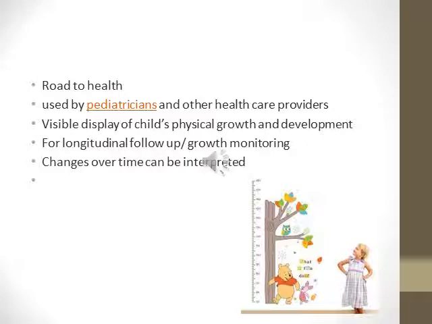If the child is growing well, or if the child is static, not gaining any weight and not gaining any height, or there is a decline in weight. Height cannot decline, but there can be a decline in the weight of the child, which tells us about many problems, like malnutrition, genetic problems, or malabsorption. So there are many things which can be interpreted from the growth chart.